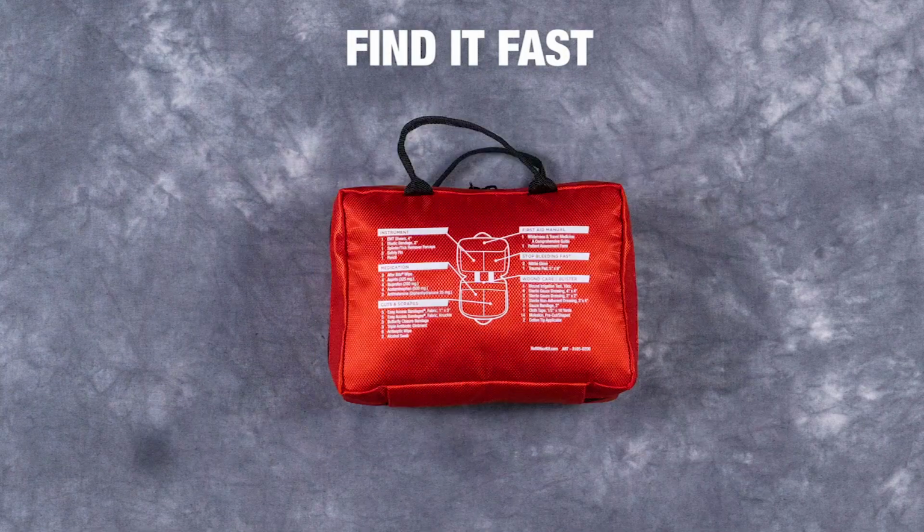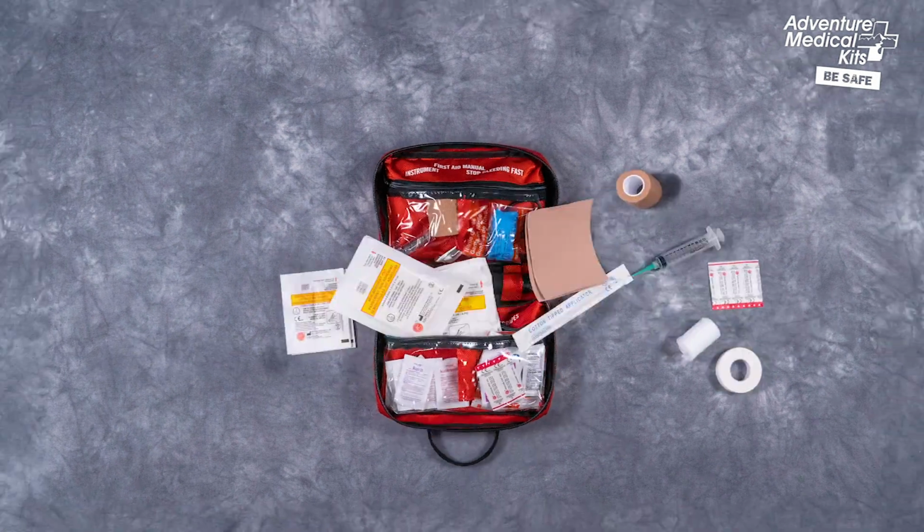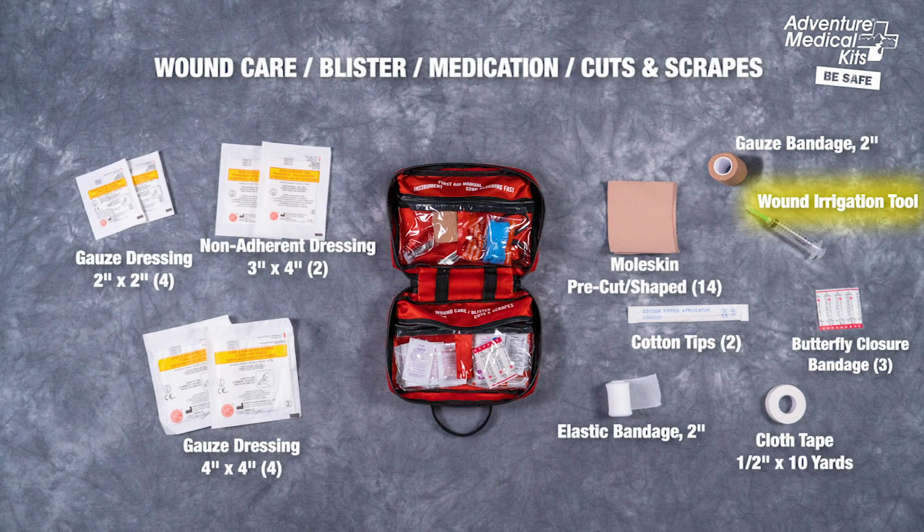Every kit features a unique external map listing all its contents. Inside the kit are clear pockets that are organized and labeled by injury, so you know exactly where to reach. The wound care pocket features an irrigation syringe to clean wounds, butterfly closure bandage to close wound edges, and sterile